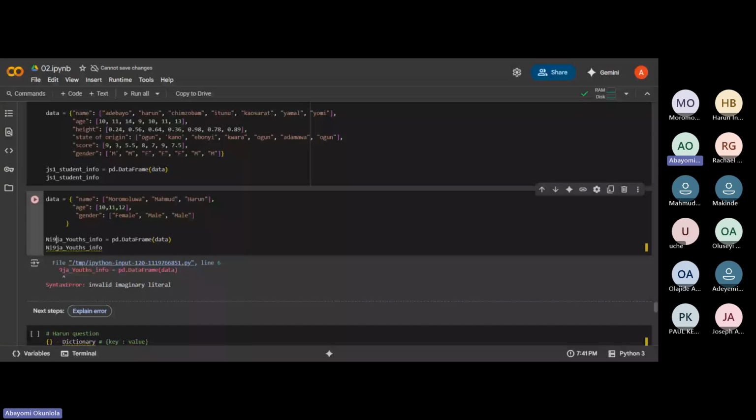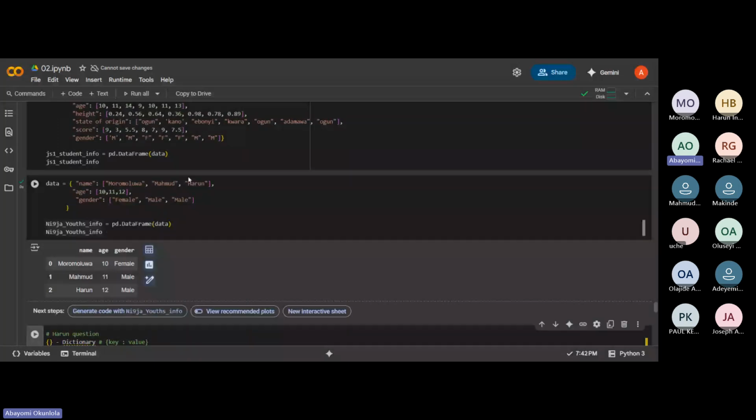So on running this now, can you see that this runs successfully? Your variable declaration cannot start with a number. All right, so we've been able to come up with a data frame.